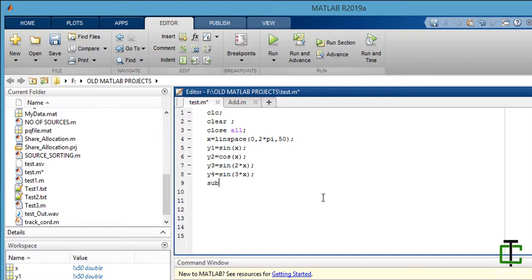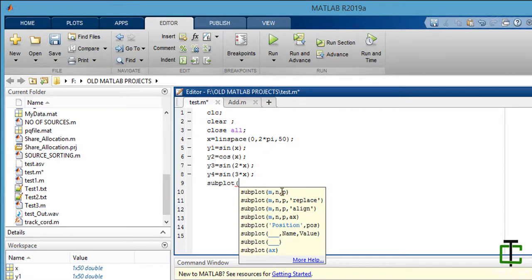There is a function called subplot, subplot MNP. MN is the matrix dimension. Because I have 4 sinusoidal waves, I will require a 2 cross 2 matrix, or a 4 cross 1 matrix, and P is the position of the individual wave.